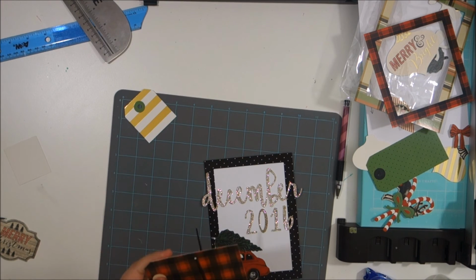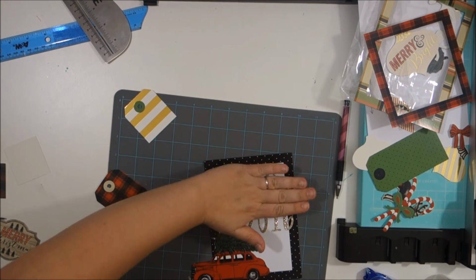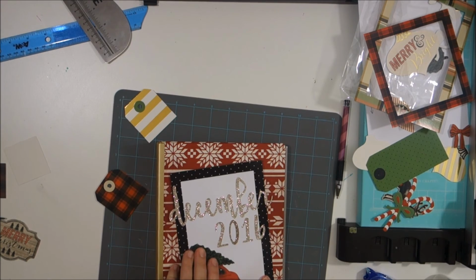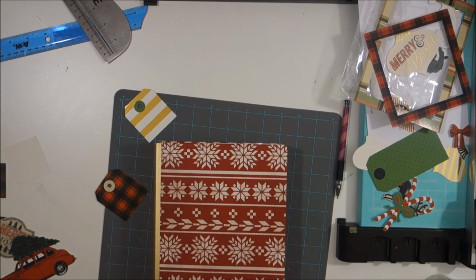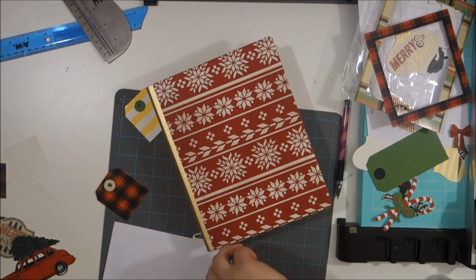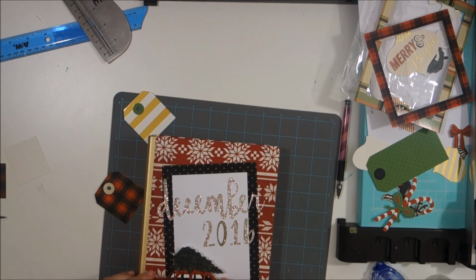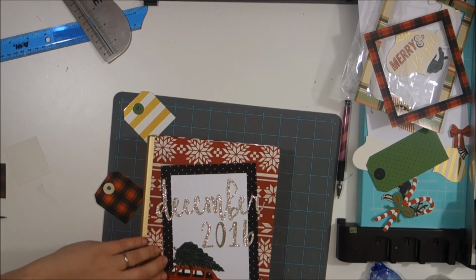Cutting them off right there. Save some of those for later. And just making sure that my letters are all pressed down, and figuring out the placement here. And I think I'm just peeling up the car because I didn't like where that was placed. So I'm just going to stick this down here. And then I think I ended up picking that up and moving it again because of where the tags were. But got my car placed down,